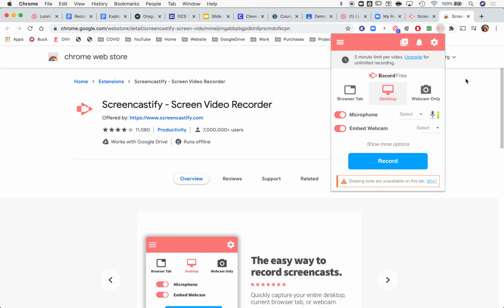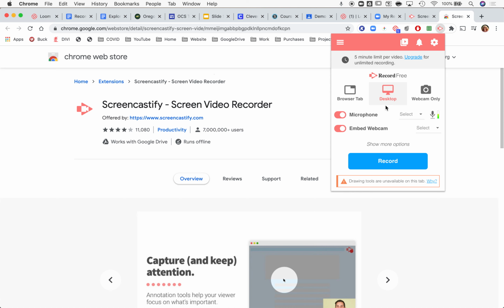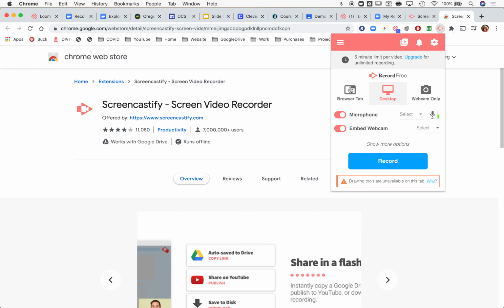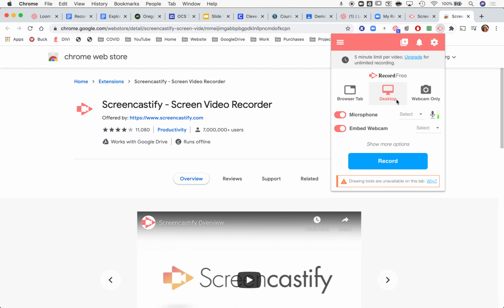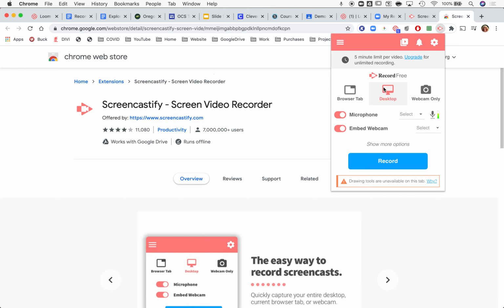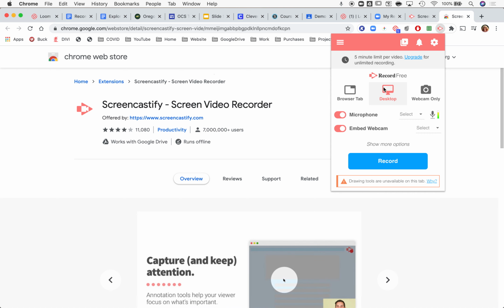So as with all of our software that we're talking about, you have the ability to create screencasts. And in this case, I can either record just the browser tab, so just the one tab that I'm on in my browser, or I can record the whole entire desktop, and that's completely up to you. And what I would suggest is just play around with each of them and see what you like and go with it. And maybe one time you want to use the browser tab and the next time you want to